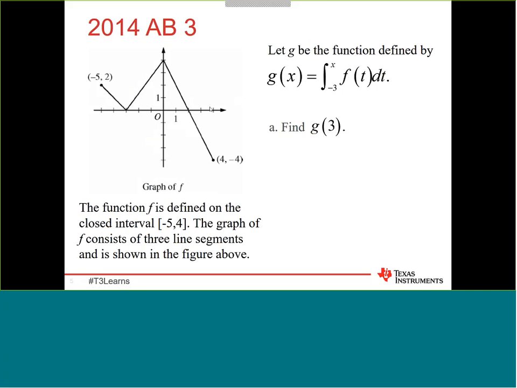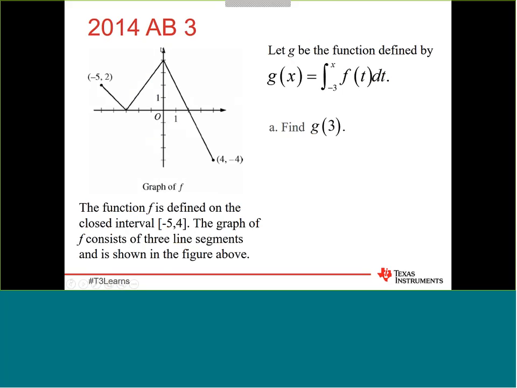If you remember this year's exam, 2016, the students were given a curve that was all piecewise linear, but the function was not defined as an accumulation function, as a definite integral. It just said, here's the graph of G prime. And students had a little bit more trouble. So we've learned students have more trouble getting into that problem than they do when we actually define it like this, as an accumulator, as a definite integral, which I thought was interesting.